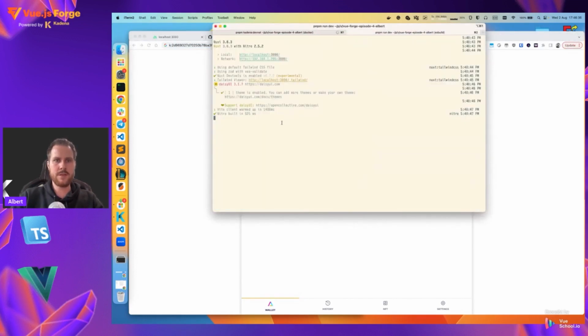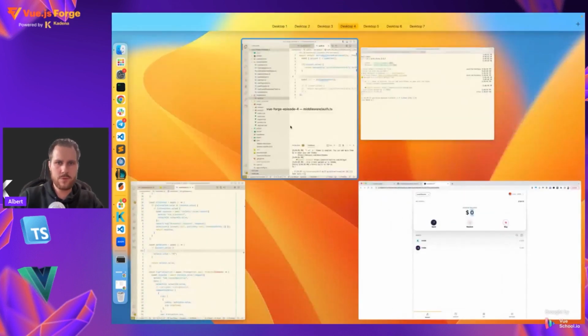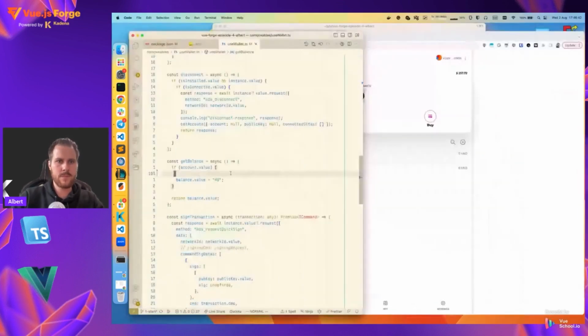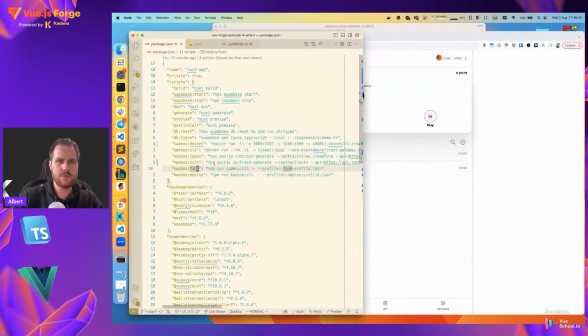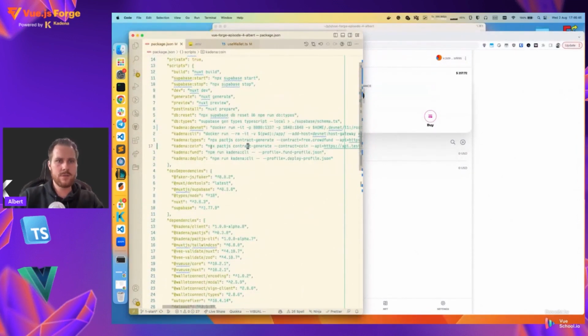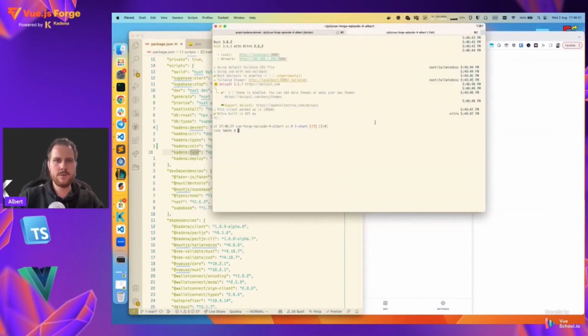The project has a nice package JSON. So let's open the project here. It has a nice package JSON with a lot of scripts that you can run. One of those scripts is Kadena fund. If you execute Kadena fund, so I'm using pnpm, but you can do npm run, and then run Kadena fund. And once you've copied that, you can paste the